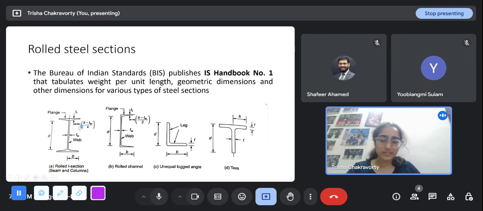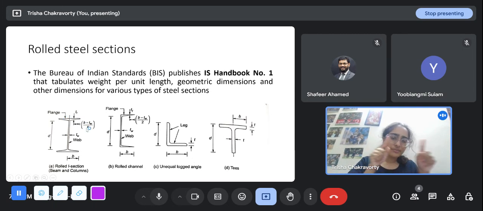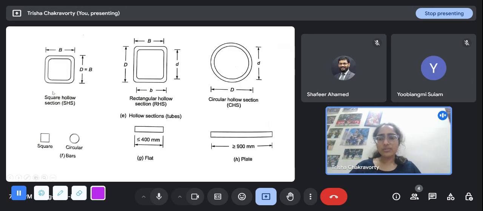These are all hollow sections. In concrete, the kinds of sections we have looked at were solid sections. The cross sections were either rectangular or square, but completely filled. And here these are hollow sections. This is a hollow square, a hollow rectangle. This is a hollow circle again. But these two are filled.